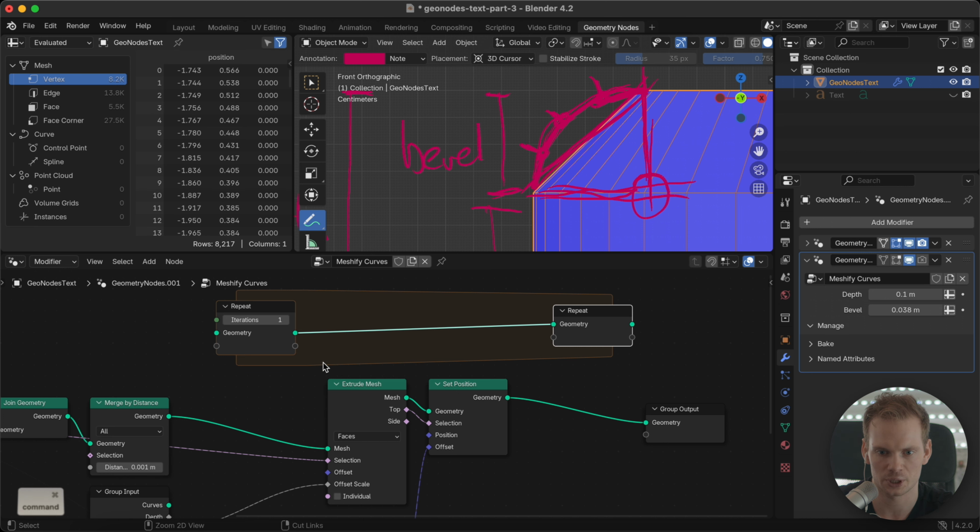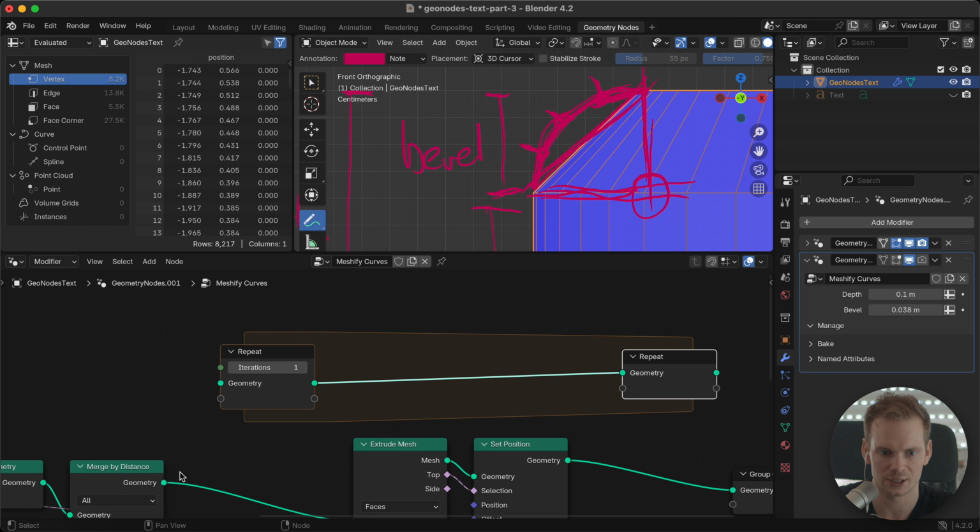So pretty much the way it works is you get some geometry in, and you can get other stuff in as well besides geometry. Then whatever goes in here comes out here directly, the first iteration, and you can do some stuff with it. Then it goes out here, and then the second iteration, you repeat that.